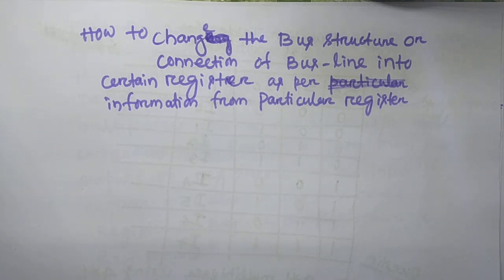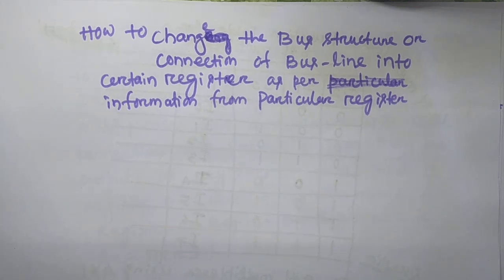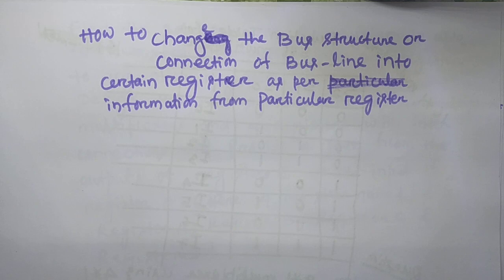Whenever a particular register provides the outputs to the multiplexers, then how do the multiplexers provide the output to the 4-line bus, and again that bus line is connected or considered as an input to another register. Okay, actually before these problems we have already discussed the bus structure with the 4 registers and